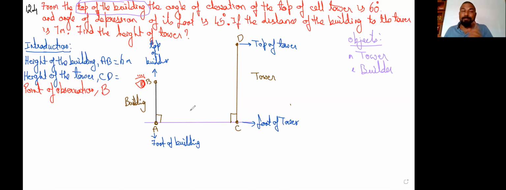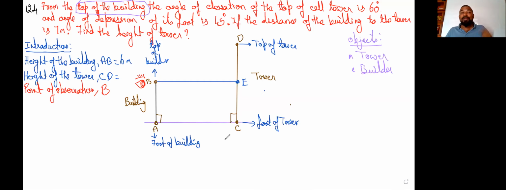But as we all know, angle of elevation or angle of depression, without the help of the horizontal line, we can't draw it. Without a horizontal line passing through the eye of the observer, we can't draw it. So let's draw a straight line passing through the eye of the observer. But please remember, it is going to meet the line CD somewhere. I like to call it E here.